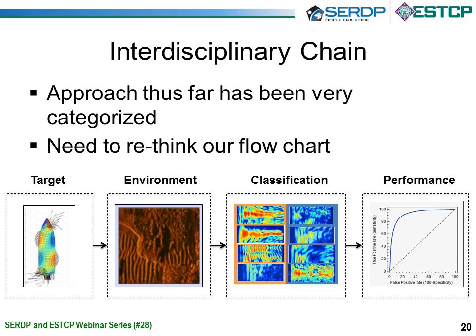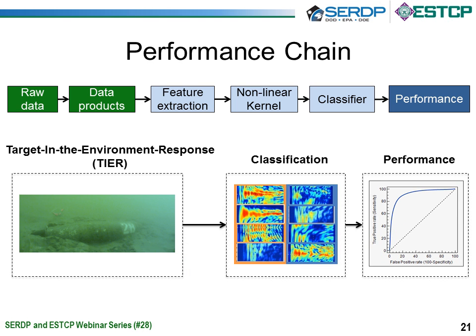You have signal processors and machine learning people who understand how to train a target recognition system in order to be able to say whether something's a target or not. And then finally, you can come out and get a measure of the performance and how you expect this trained algorithm to perform in the field. But maybe what we need to do is rethink this flow chart. What we'd like to do is have the physics actually start to inform decisions that are made further on down the chain in the classification side.